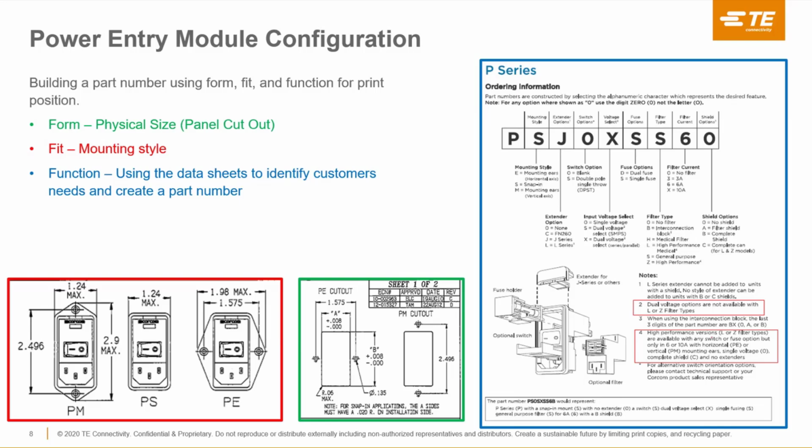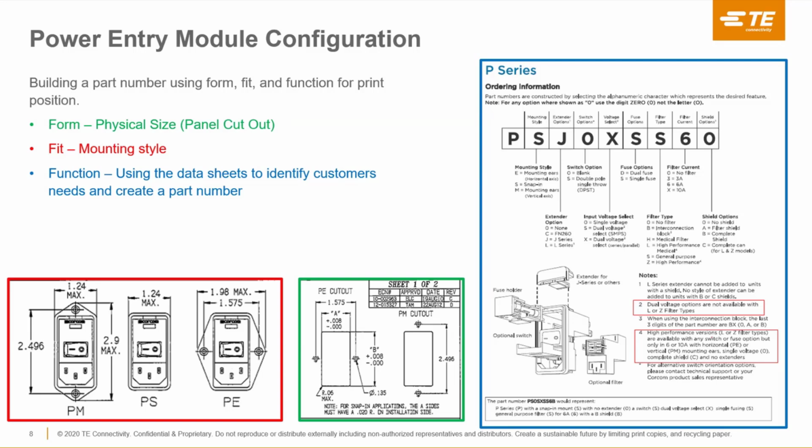So a lot of these are snips out of the catalog that you can reference, but the easiest way, you'll see a lot of P series parts. They all have this smart part number configuration. So you build the part number using the form, fit, or function of the position. This is also how, if you come up against a Schurter or a Schaffner, you can kind of work backwards and come up with the closest, I wouldn't say it would be an exact cross, but the closest product that TE would have. So the main things you want to look at is the form, so the physical size, or